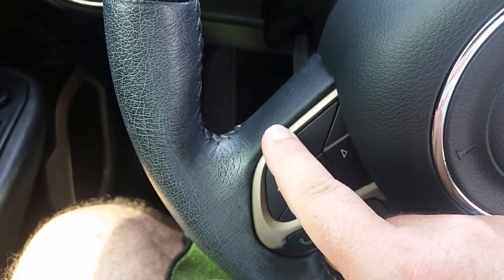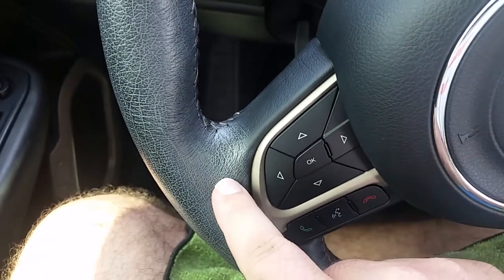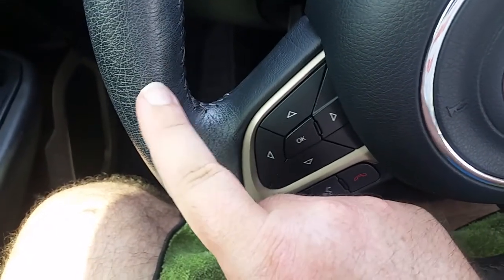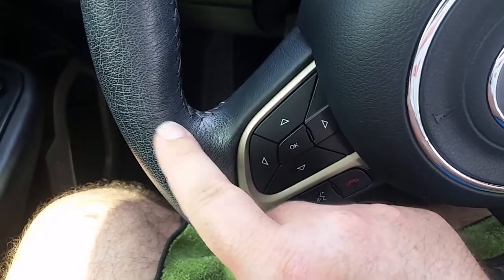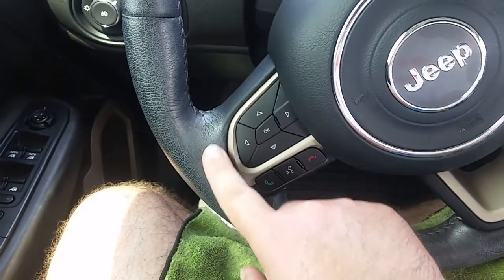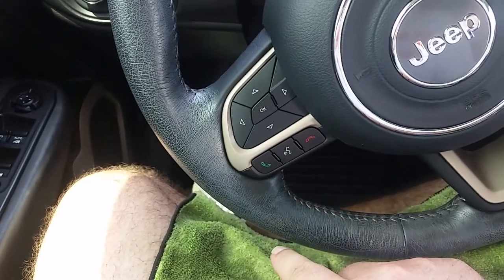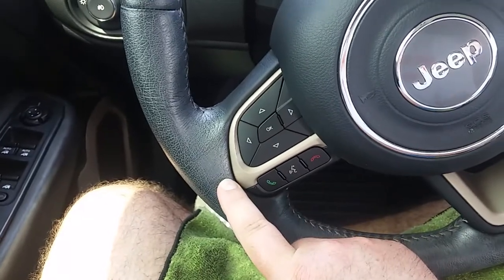But I did this little part right here and then I stopped, and I was like, man, I want to make a video to show, if you come across a steering wheel, or not even think about the steering wheel, but even if you do come across them, and it looks like it's just real faded out and cracked, and you think there's just nothing you can do for it, hopefully you do not take dress, even if it's a water-based dressing that